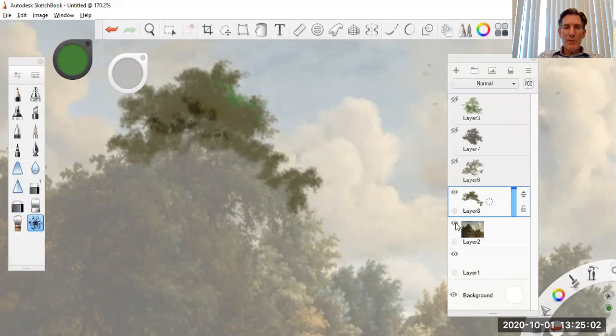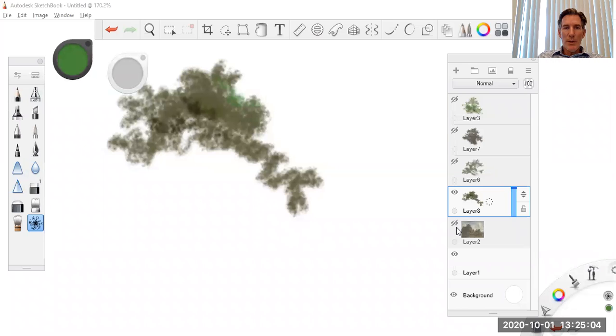If you turn off the original, you get a pretty good idea about how dense these colors are going to be. Some areas you're going to see the sky through here,